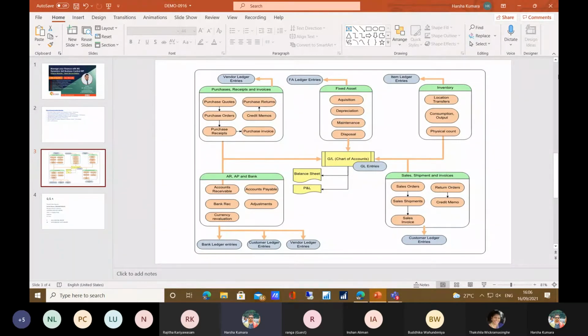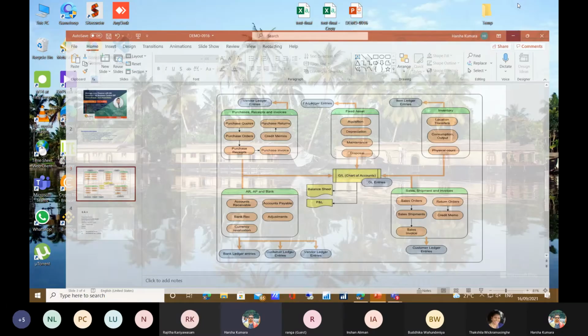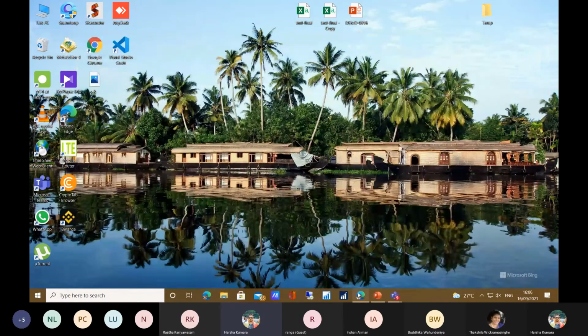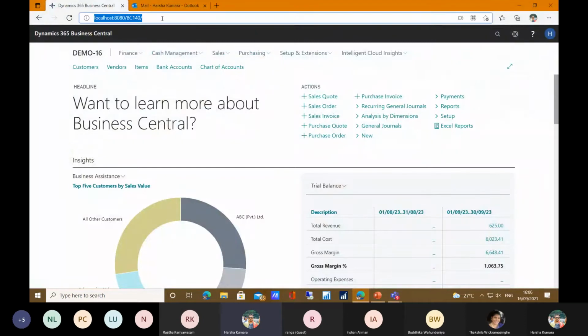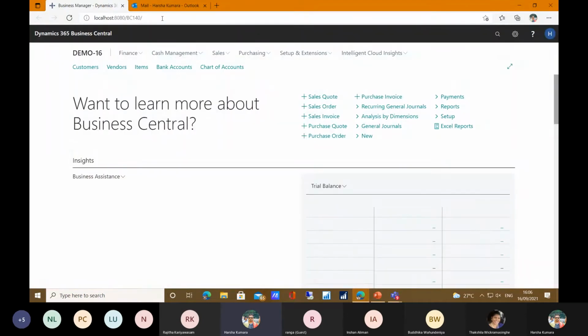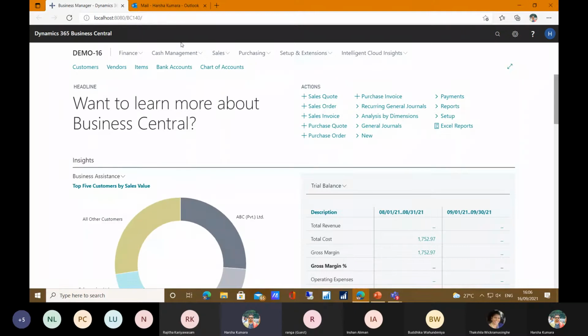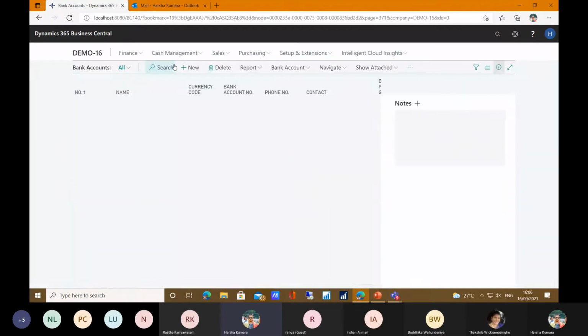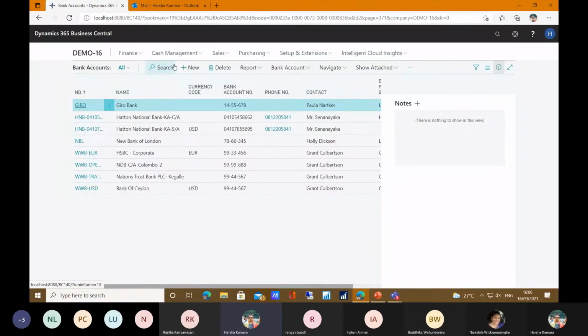Okay, I will go to the Business Central overview, and we'll discuss how to do bank reconciliation later. Once you log into Business Central, you can see a button called bank accounts. Once you go to bank accounts, you can see every bank account you have created in your entity, and this is not limited. You can create 100,000 bank accounts in Business Central for one particular company, and you can post payments and receipts as per your requirement, and you can also reconcile your bank accounts as per your requirement.